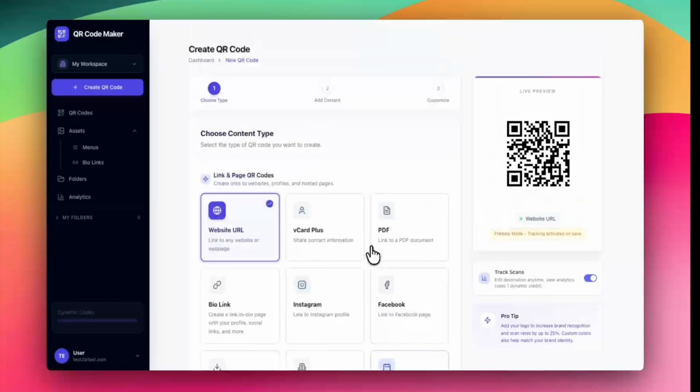This is unique to QR Code Maker because a lot of the other free QR code generators actually charge you after your free trial is over. They will tell you that you can create unlimited QR codes, and then at the end of your free trial, your trackable, your dynamic QR codes, they stop working, and then you print it out on this material and you're out of luck. So I find that QR Code Maker is actually one of the most compelling QR code creating tools in the marketplace because of the simplicity of it.